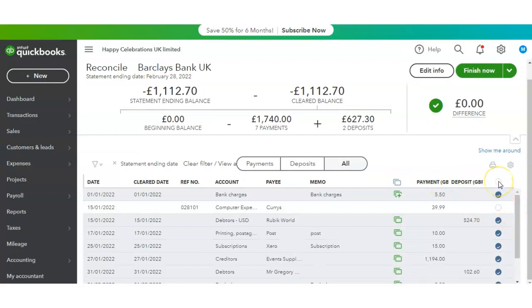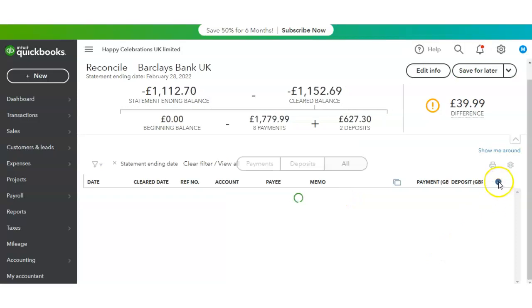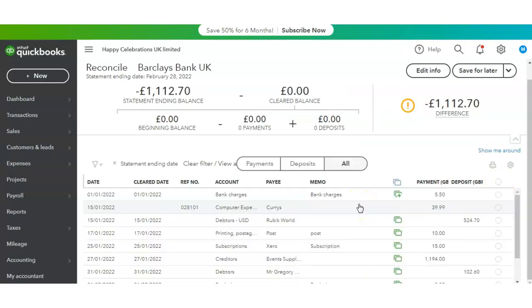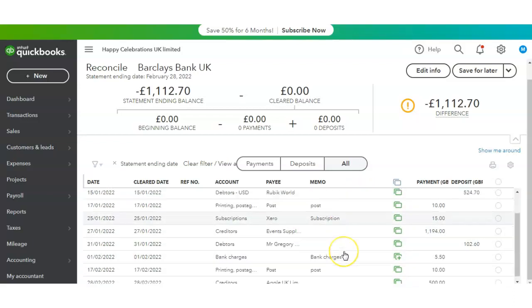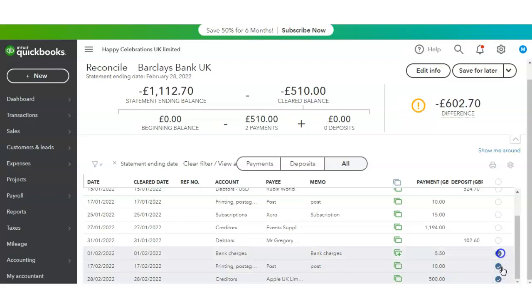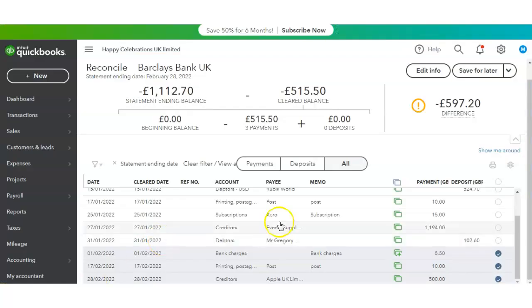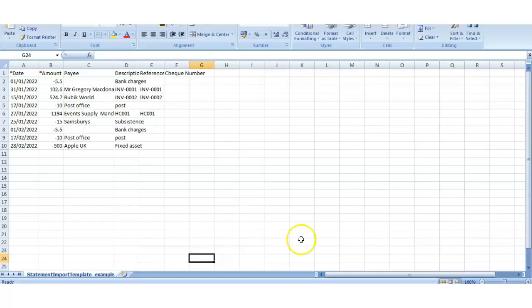I always try to start with a clean slate, so I will select all and then deselect all. That helps me to clear all the items that were picked up, and now I can simply go ahead and, by looking at my statement, tick off those items that I can see on my bank statement. So I can see PayPal and UK, and I can also see